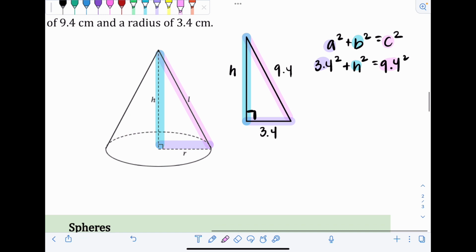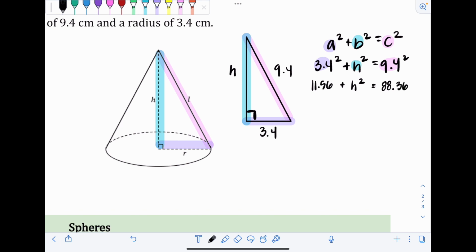Okay, so now remember, it's important to go ahead and square everything before we try to subtract or anything like that. So we'll do 3.4 squared, which is 11.56, and then plus h squared. So 3.4 squared is, like we said, 11.56. Had a little brain fart there when I was writing that. And then plus h squared equals 9.4 squared. So we'll do 9.4 squared. Sorry, I'm typing it out on my phone calculator, and it's kind of a pain that way. So 9.4 squared is